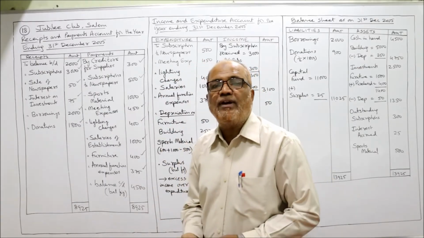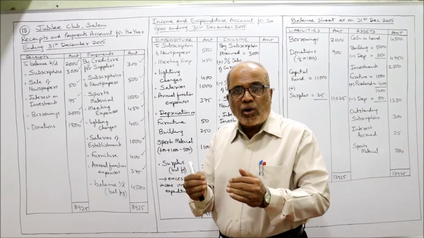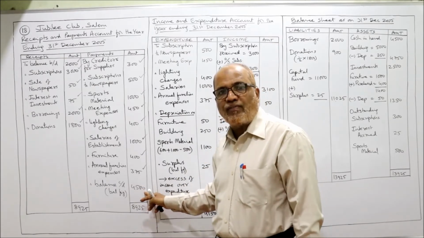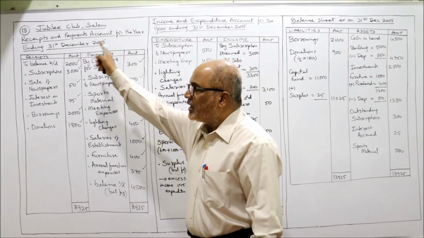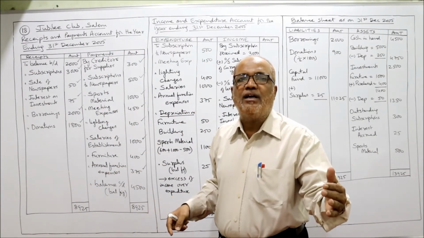What is this balancing figure? Closing cash at bank, cash in hand. The closing cash in hand is 4500. This is not given in the problem. By making this receipts and payments account, we come to know that at the end of the year, cash in